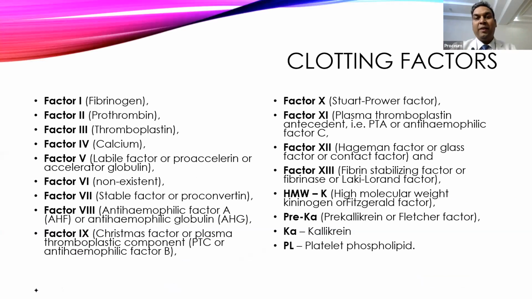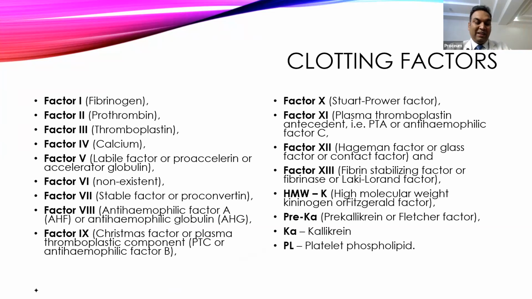These clotting factors are named by Roman numbers, in the order they were discovered or appear in the coagulation cascade. So the first factor is fibrinogen. This is the final product of the clot formation. Fibrinogen will convert into fibrin, and that fibrin will form fibrin polymer, and this is the last step of clot formation. Before the conversion of fibrinogen, the next factor is factor 2, called prothrombin. Prothrombin is the enzyme involved in conversion of fibrinogen into fibrin monomer. When prothrombin is activated, it will convert to thrombin, and this is how it will initiate.